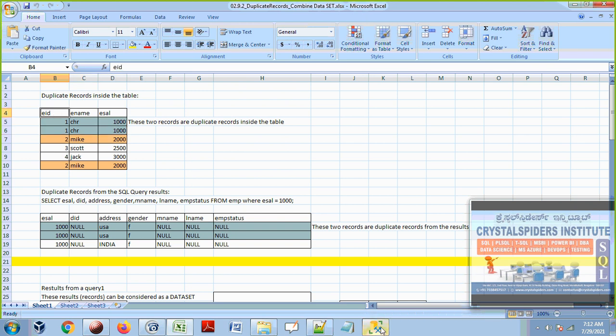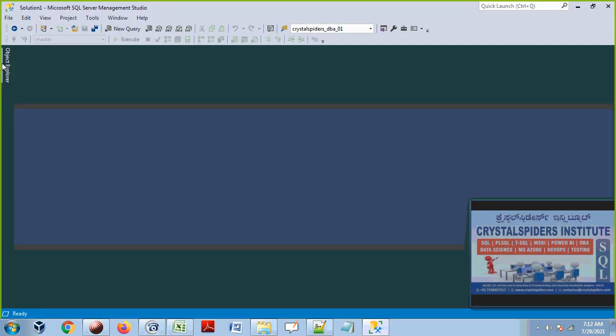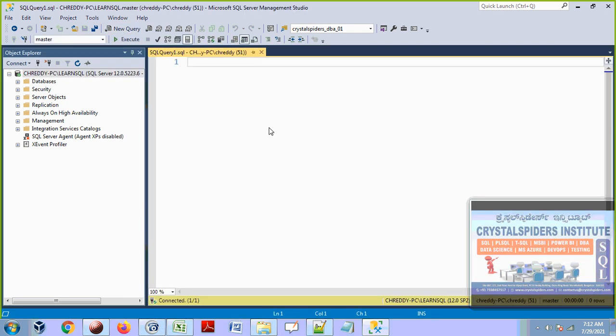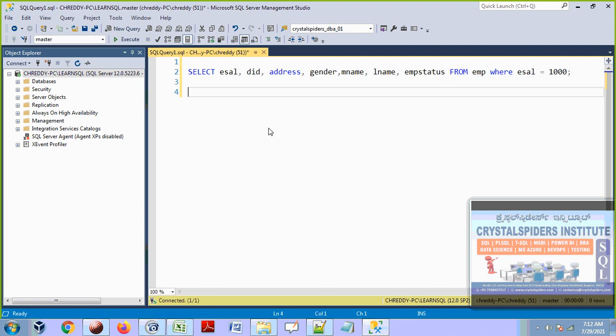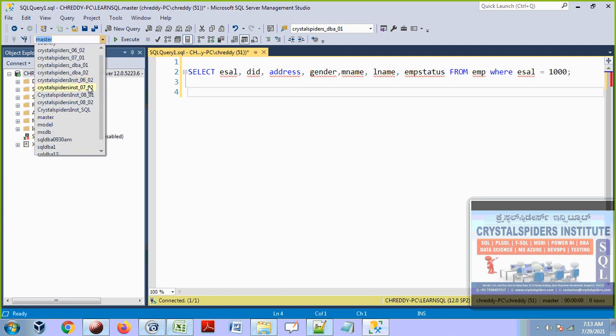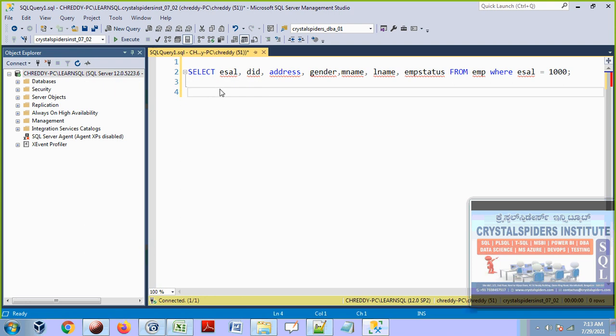And another thing is, let me go back and explain one secret here. Not a secret, it's a kind of understanding. Now we are going to understand how the data will be placed in the SQL tables. We already saw that by using insert statements we load the data into the table. But let's understand the behavior and nature of the data. So now I am going to connect to our database. How do we connect? Here you can simply select the database you want to connect to. No need to write use database name all the time. Our database is 7_02. So now I connected to our database.